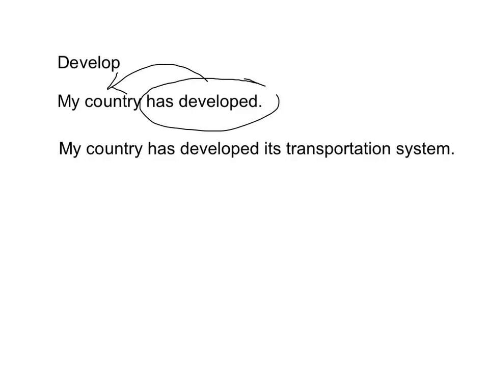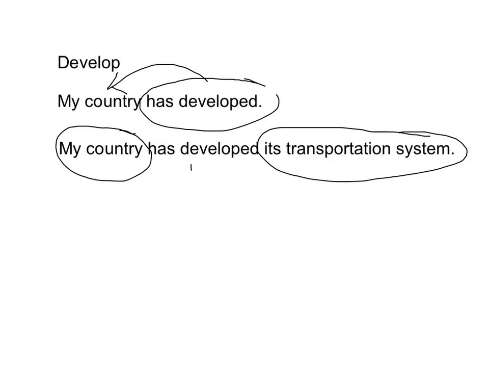And in this case, we've got its transportation system, we've got my country. Going back to what we talked about earlier with a door, you've got two nouns here, and you've got that verb in the middle. So this is linking both ideas. In this case also, has developed is not linked to my country. Has developed is linked to its transportation system. So both are involved here. And really it changes the meaning. Two different meanings, a transitive meaning and an intransitive meaning. The second one is clearly a little bit more specific.